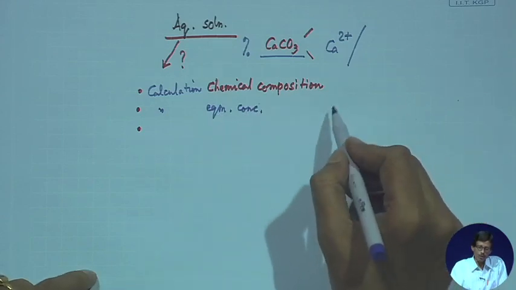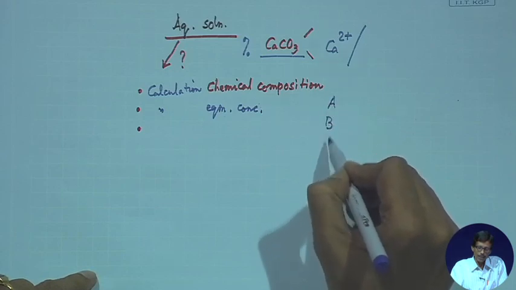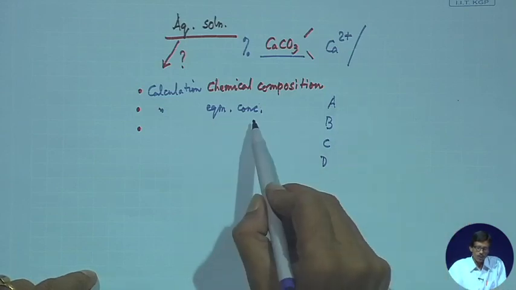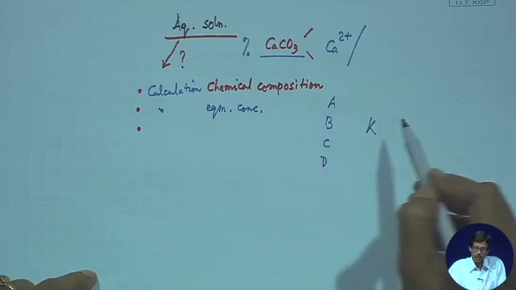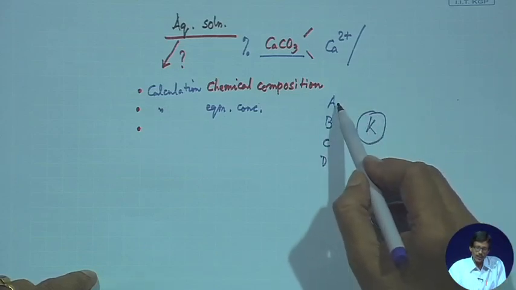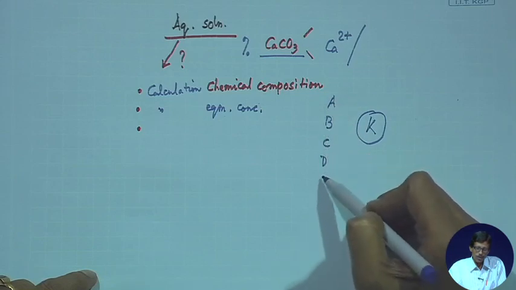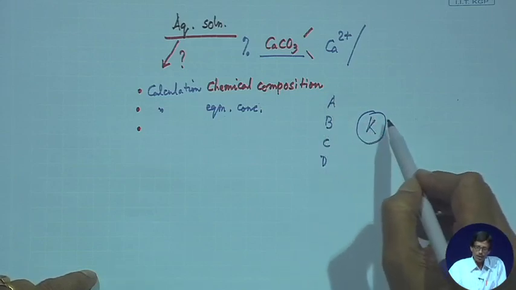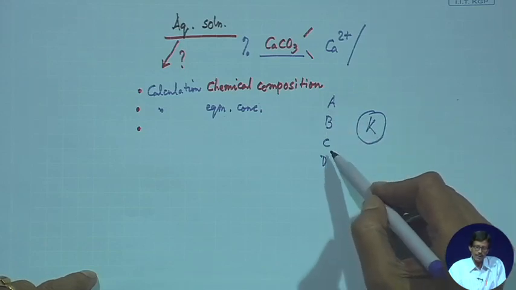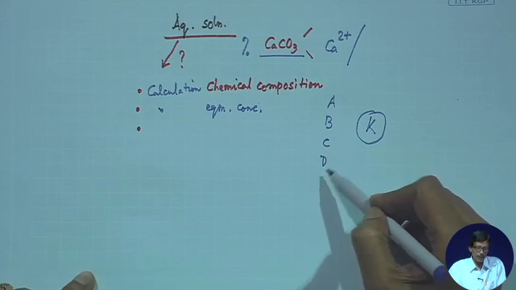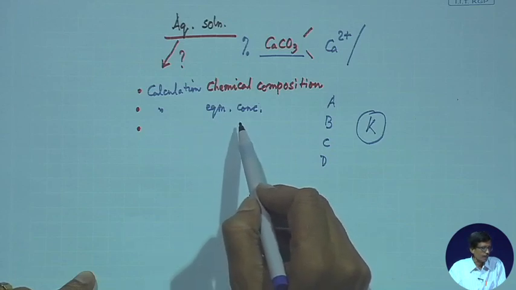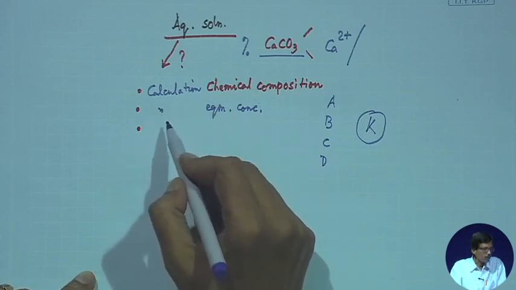Then we can have some idea about the corresponding calculations of the equilibrium concentrations, for the species like A, B, C, D in a particular type of chemical equilibrium. So, what are those equilibrium concentrations depending upon the magnitude of K. When the equilibrium is reached, A and B are consumed and we are producing C and D. If you have a sufficient magnitude of K, the concentration of A and B would be less than the concentration of C and D. So, any calculations related to equilibrium concentrations can be found out,